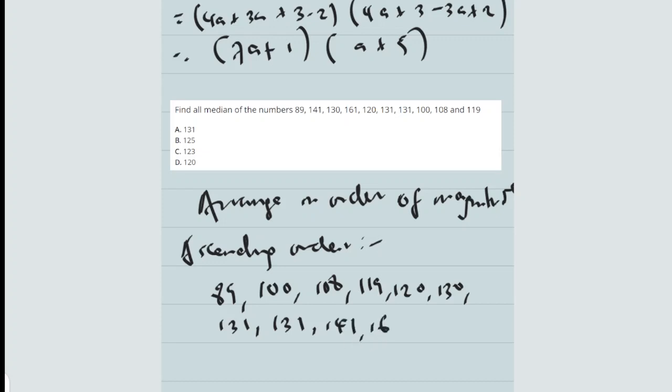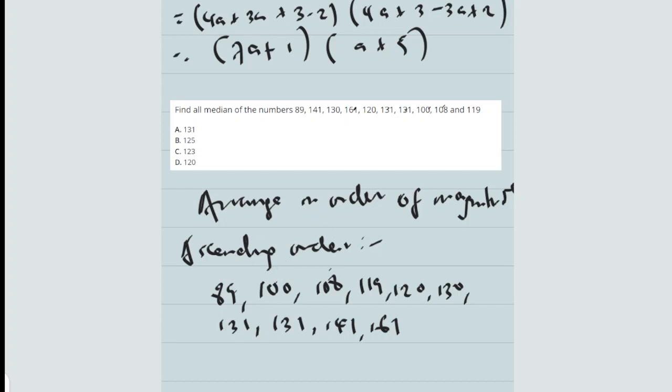And 161. So if you count these numbers together, 1, 2, 3, 4, 5, 6, 7, 8, 9, 10, you have 10 altogether. Like I've said now, you have the set to be even. It means we want to partition them. If you want to find the middle number, it will be difficult. What you can do is to count 4 from your left, 4 from your right. Then we are going to have 2 numbers at the middle.